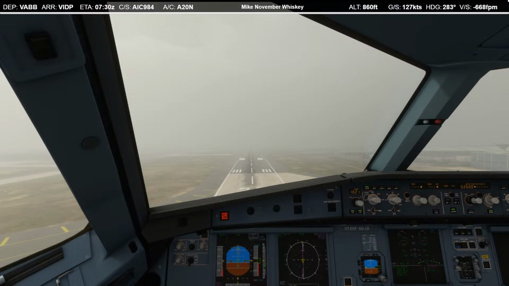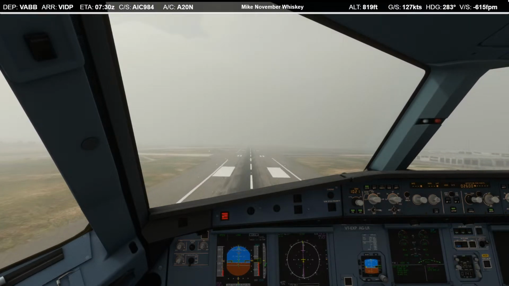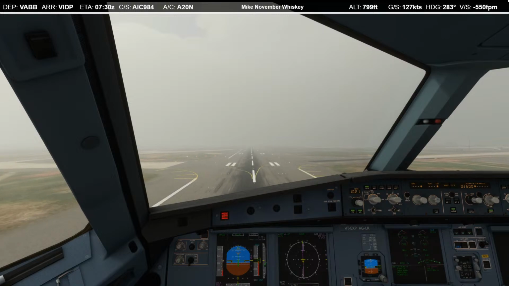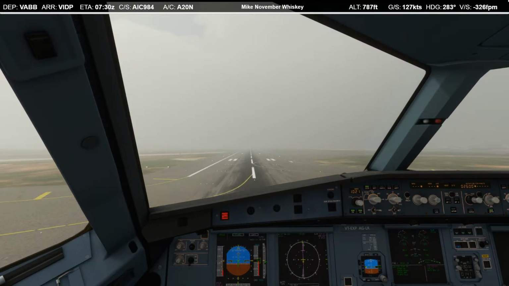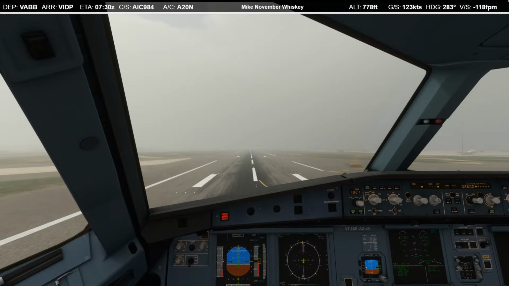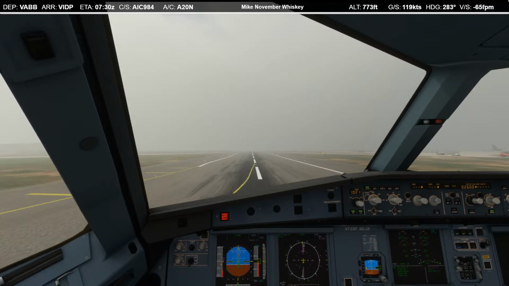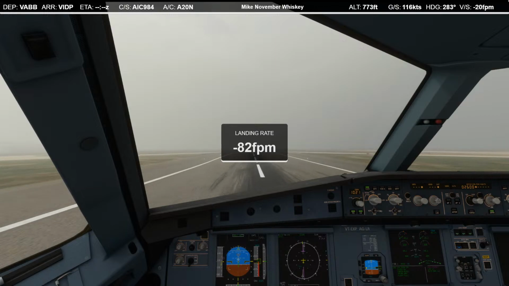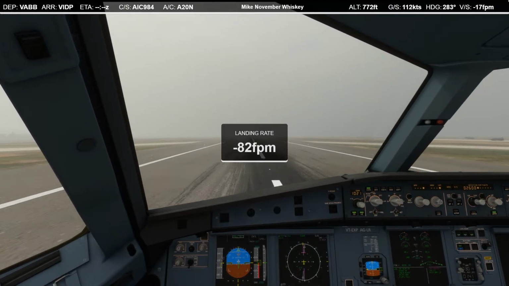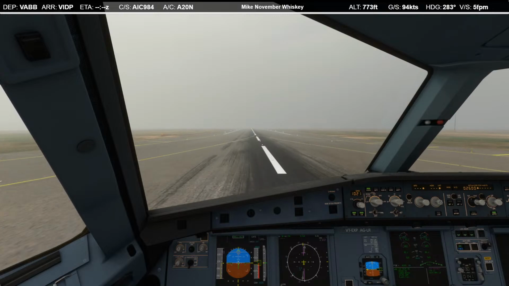Minimum. Continue. 50, 40, 30, 20. Retard. 10. 5. Reverse thrust. Spoilers. Decel.